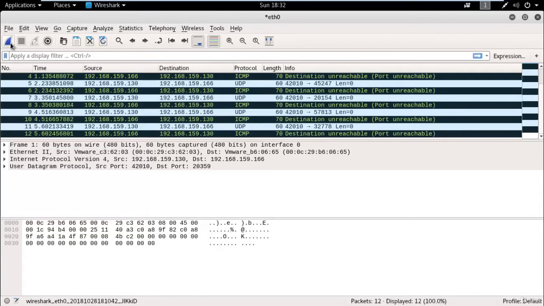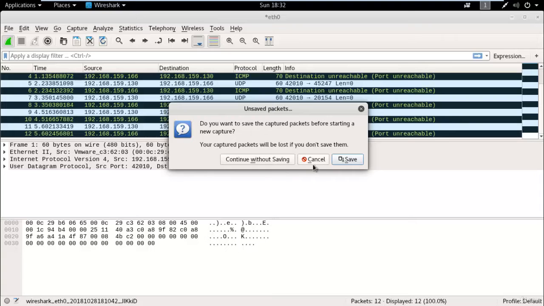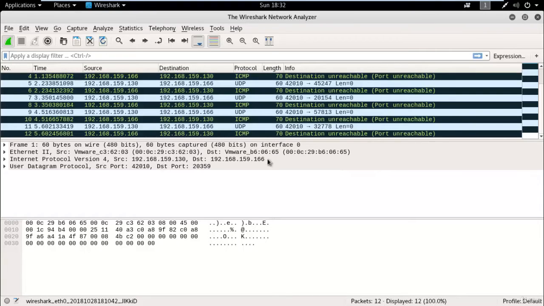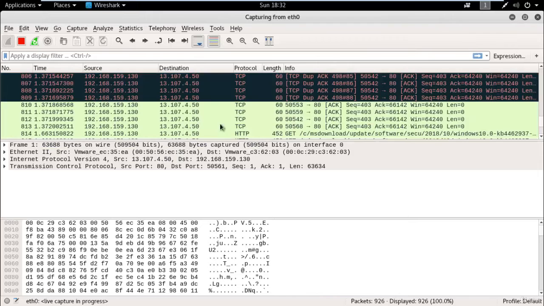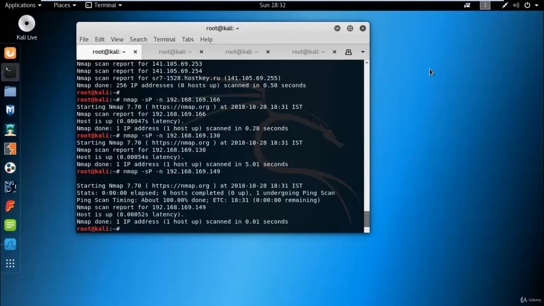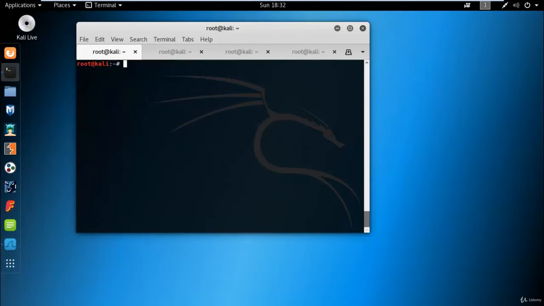So now let me start capturing on Wireshark. Here capture is activated for Wireshark, and now use nmap -sT for TCP connect, capital O, it's not zero, it's O, for detect operating system.